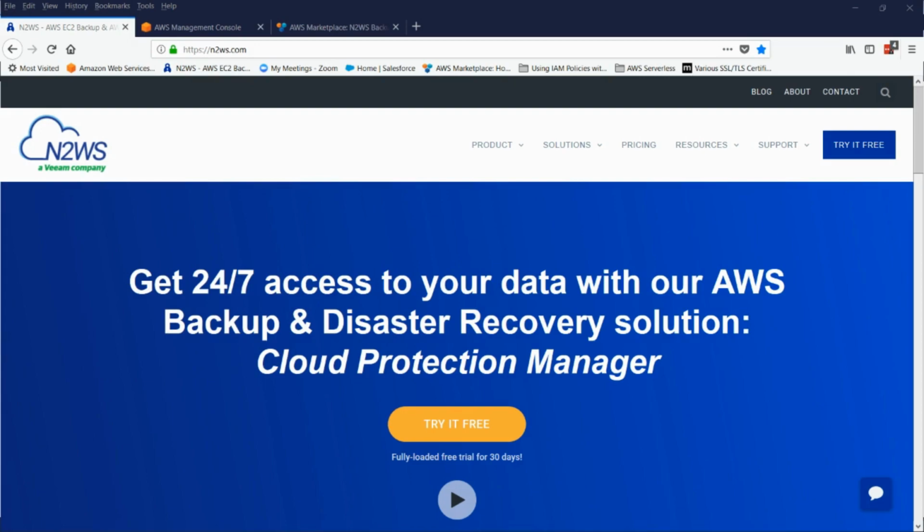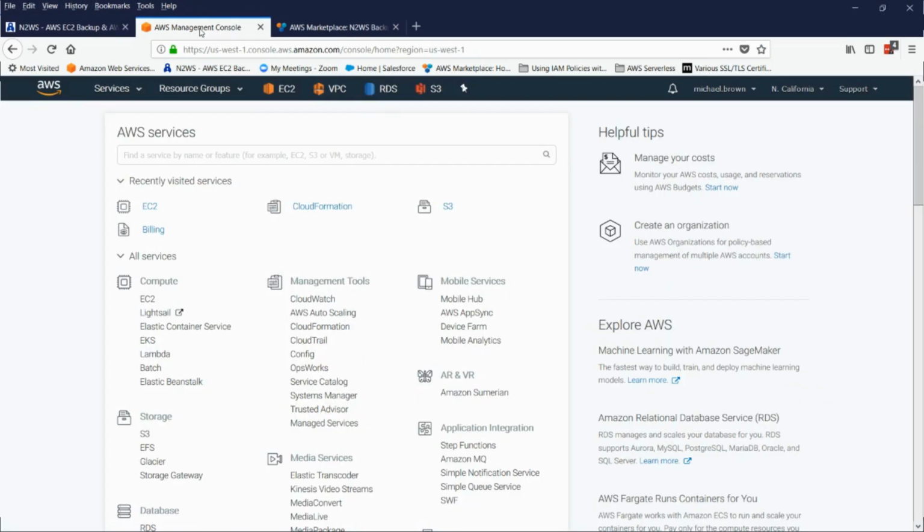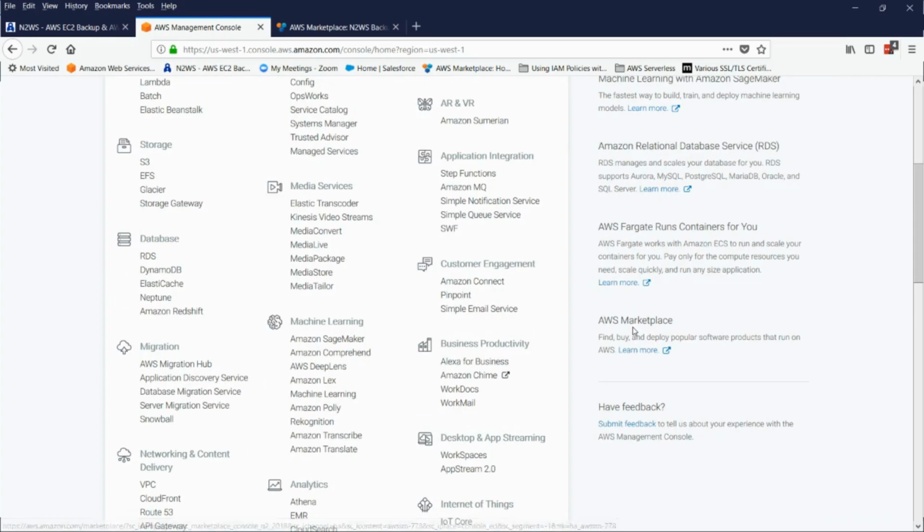Just a small note before we begin, you will need permissions that allow you to use CloudFormation, as well as create a role, security group, and launch an EC2 instance. So, if you're ready, let's jump right in. Our first step is to log into our AWS Management Console, and from here, we can navigate over to the